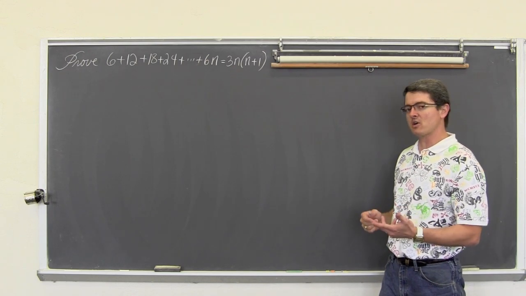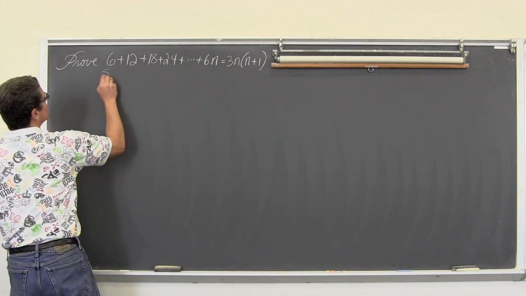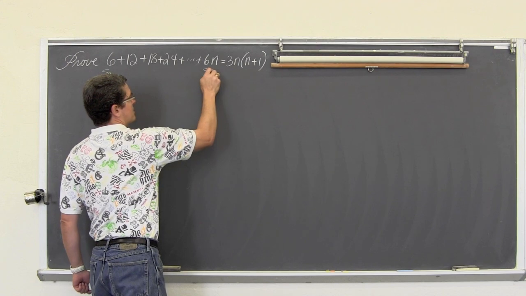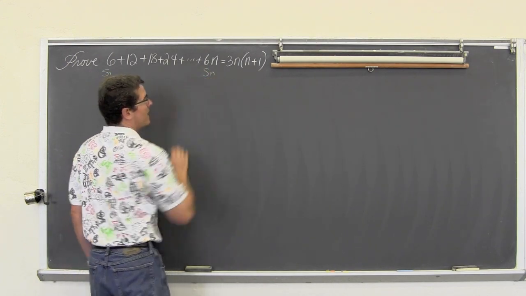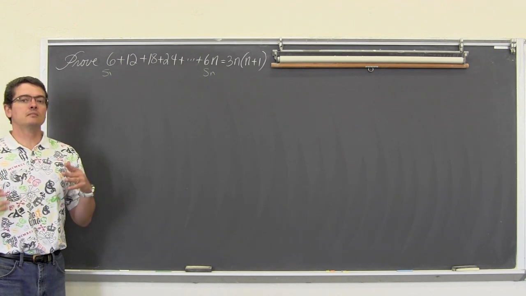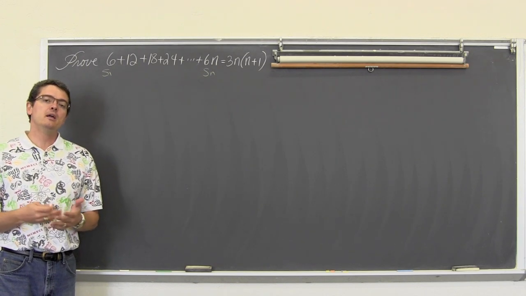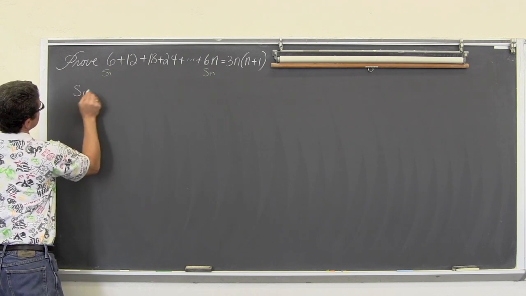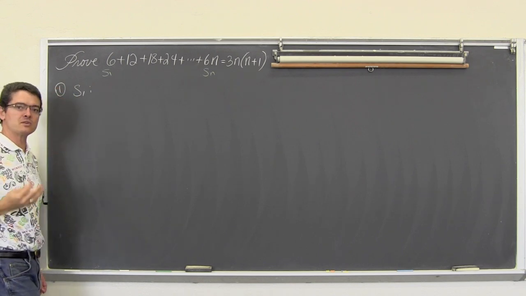So let's get started. This, by the way, is our S sub 1 term in the sequence, and this last general term is our S sub n term. Okay, so is this true regardless of how many terms we have in our sequence? Well, step 1 is to prove that it is true for at least the first term. So, S sub 1, step number 1, that's what I was trying to remember.